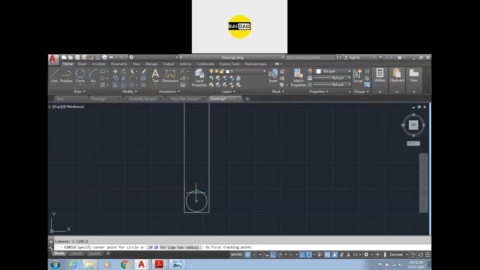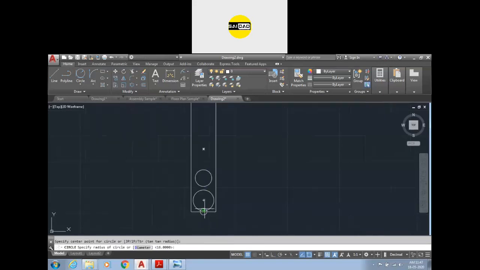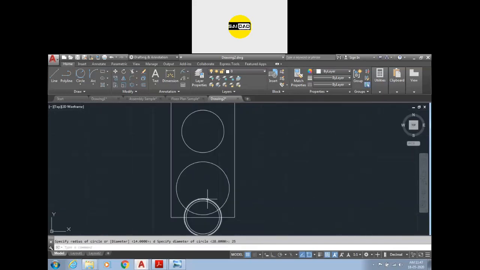Circle TK from here that is 65 with the diameter 32, and the circle with the diameter of 28. Sorry, I forgot to use the diameter 28, and the circle with the diameter of 25. So 28 will go on 111, and this will go to the 155.